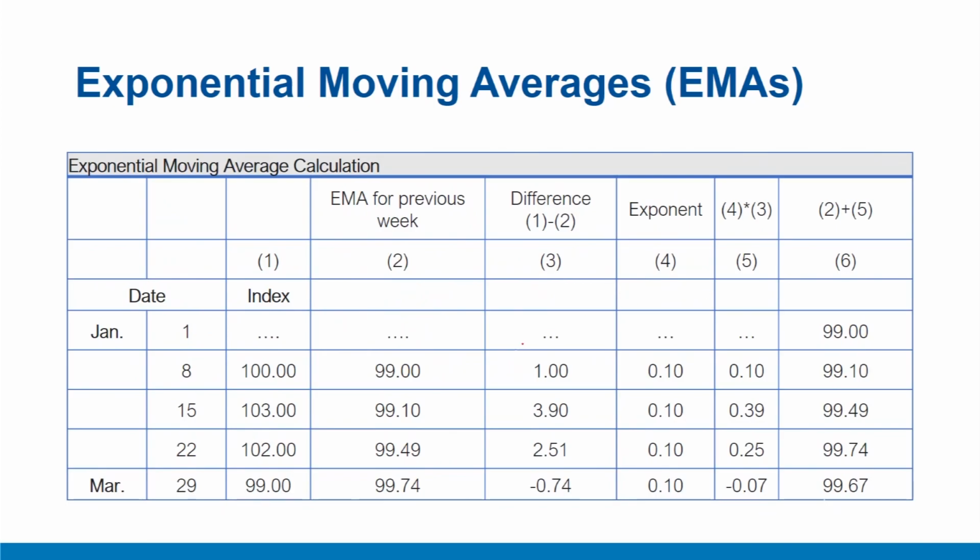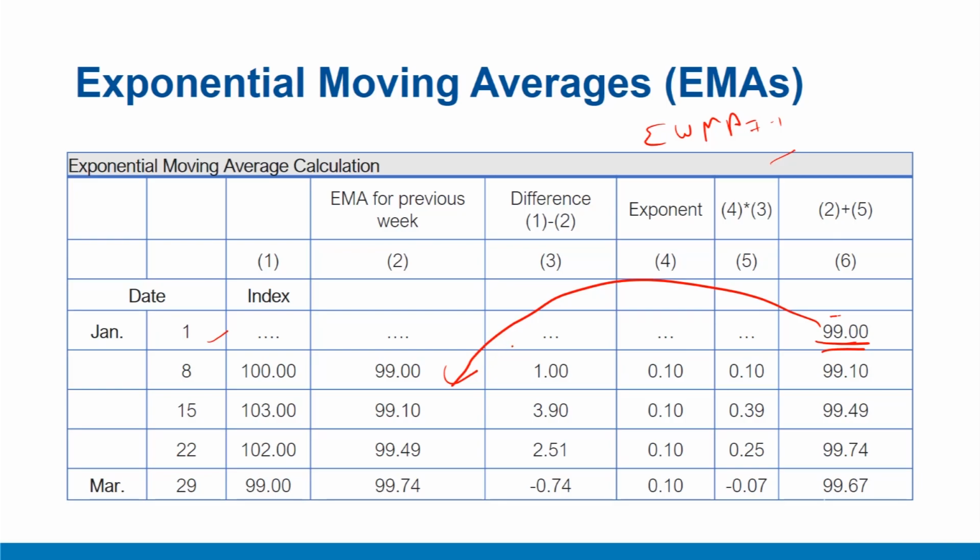Notice the table here. We have already seen this table. Now we are doing the calculation for a 20-week EMA as shown here. In order to construct a 20-week MA, we need EWMA T minus 1, but we do not have that. So we'll take the simple MA for the previous 20 weeks. That works out to 99. This is done for the 20 weeks ending January 1st. The simple MA is computed and we'll use that as a proxy for EWMA T minus 1. It appears as 99. Now it is put here as the previous period EWMA T minus 1.